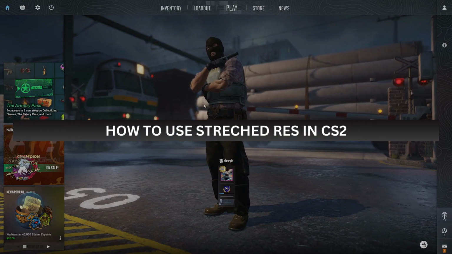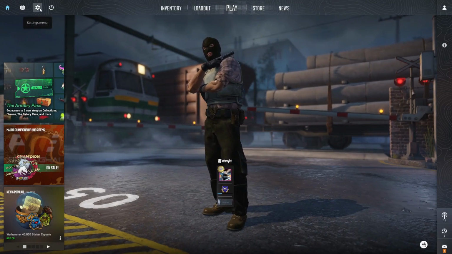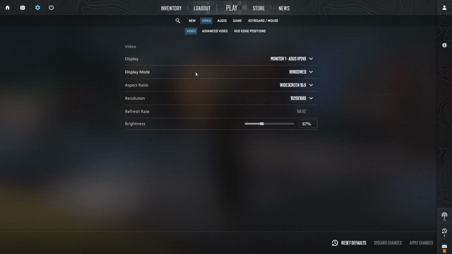How to use stretch res in CS2. So first, just simply go to your settings. Then after that, go to video right here. And once you're on video, just simply select aspect ratio and set it to normal 4:3 and select the resolution